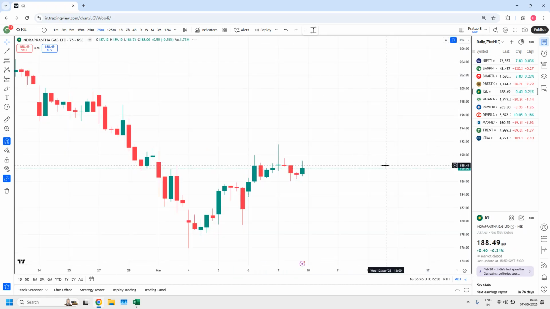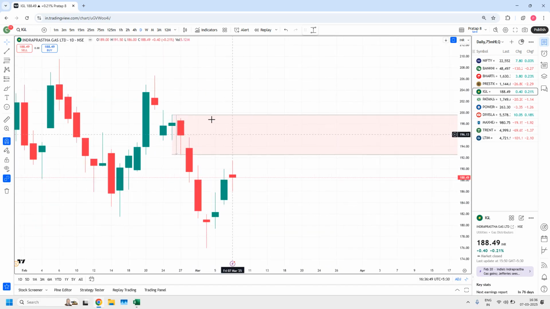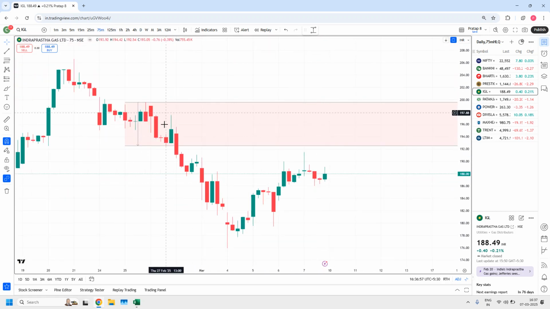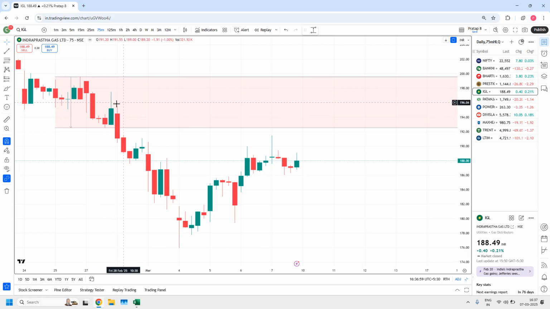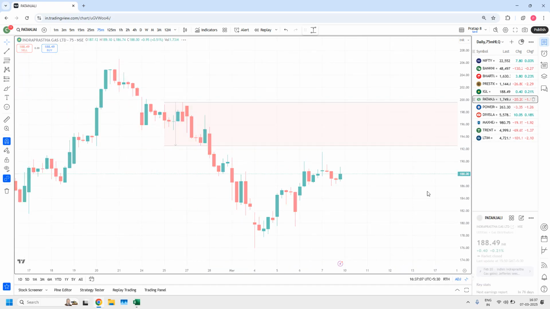Next one is IGL. IGL is also a daily zone, a supply zone. IGL is also not having any 75-minute zone. I think maybe yesterday we discussed IGL. I think this is the one we discussed yesterday. We have drop, base, rally, drop, in between no base candles. And next one is